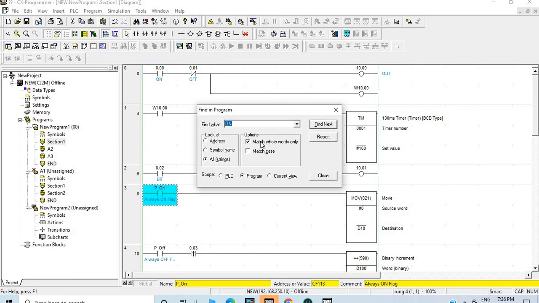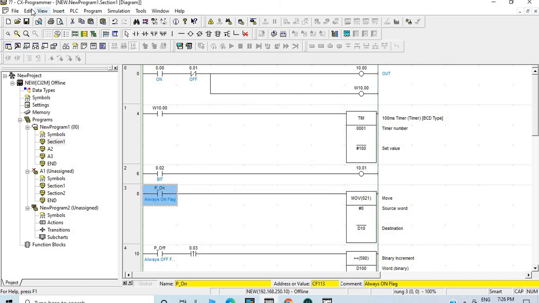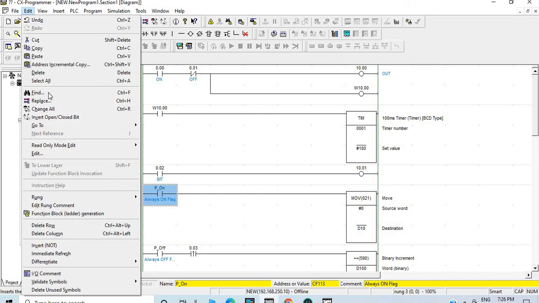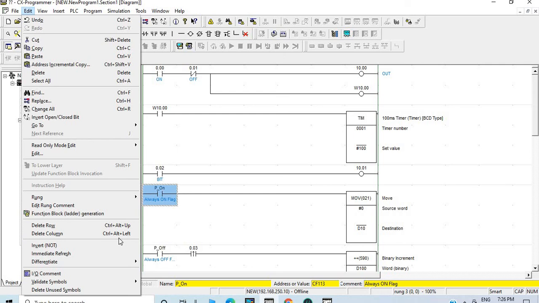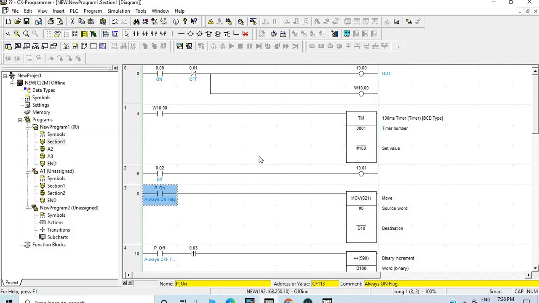Here you can do a whole word match, or if you want to find in the PLC, then you can click on PLC. You can replace as well, and you can add rungs as a ladder, and delete row here, delete column here, IO comment here.